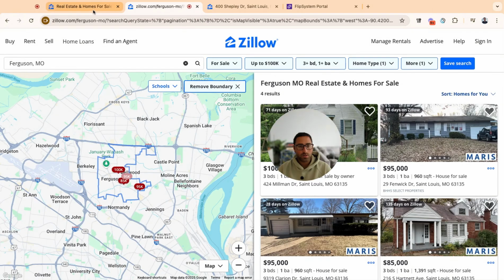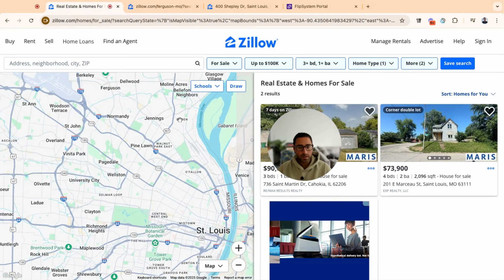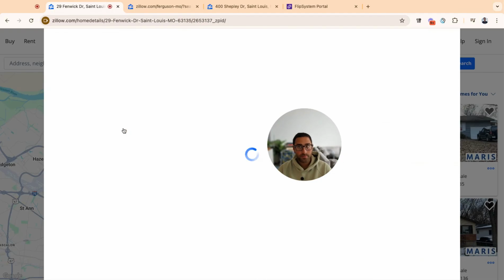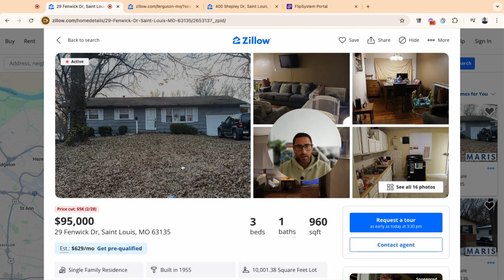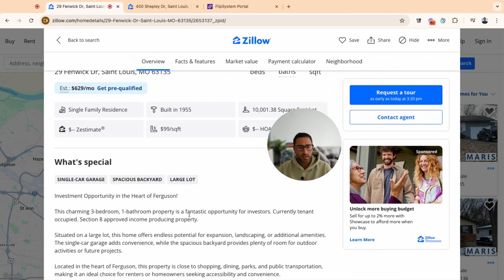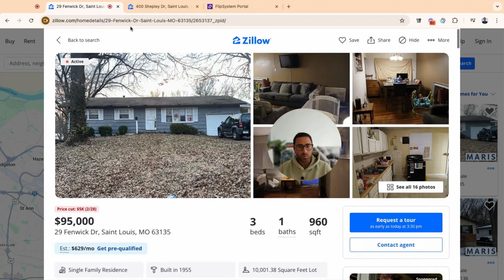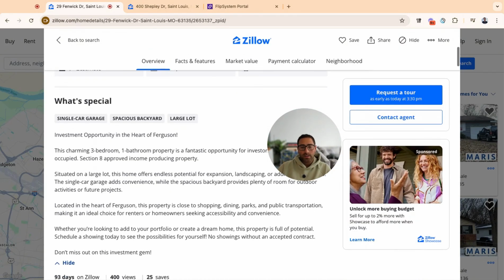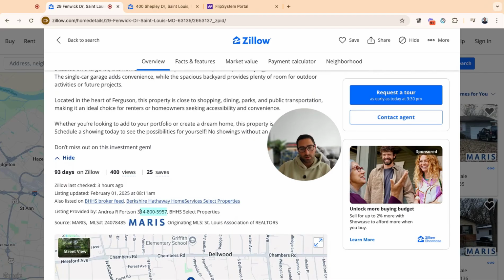Let's go to the other one. So we got Fenwick here. This was the other one that we liked. We don't know what the rents are on this one, so I'm just going to skip this one. Pretty much if I don't know what the rents are, I just shoot a text or give this person a call, Andrea,